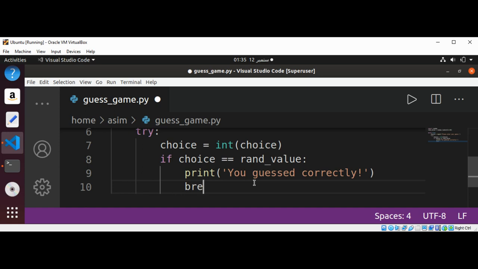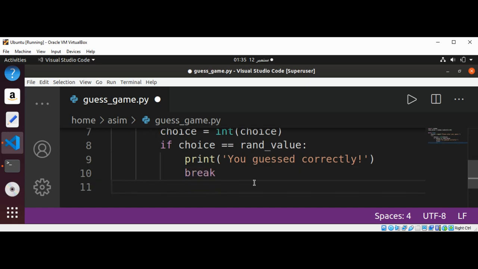And then we are going to break out of the loop. If the user did not enter the right choice, which matches our random value,